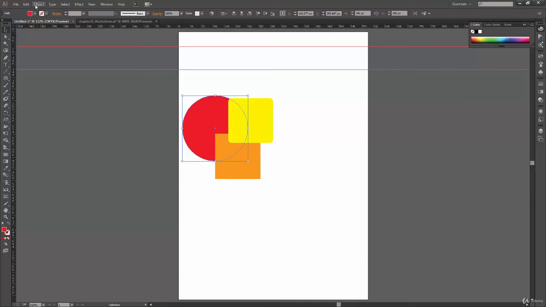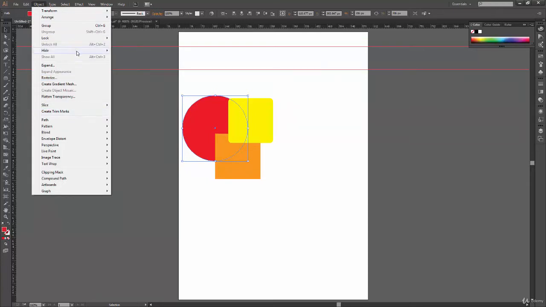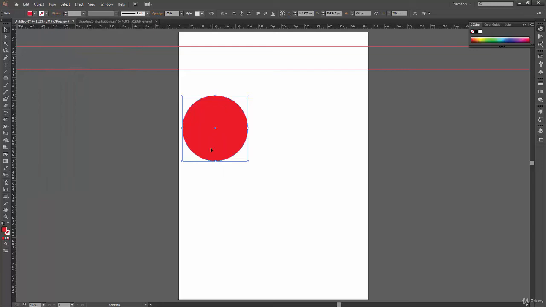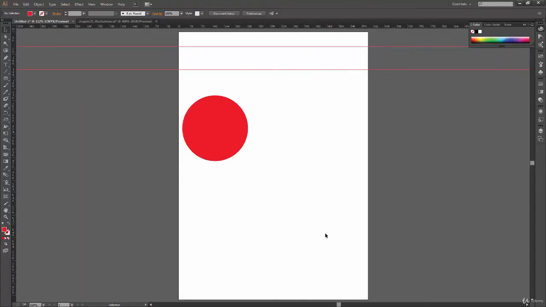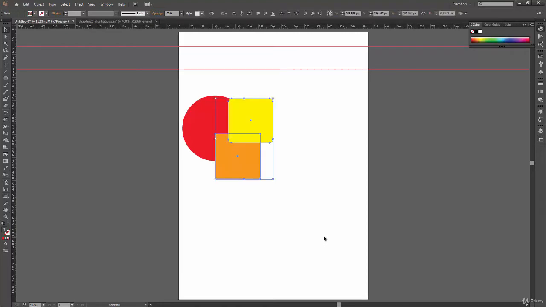I can just go to Object, Hide and All Artwork Above, and it will hide all the artwork above this shape so that I can work in detail on this shape, and when I'm done, I can press Ctrl Alt 3 again to show the rest of the shapes.